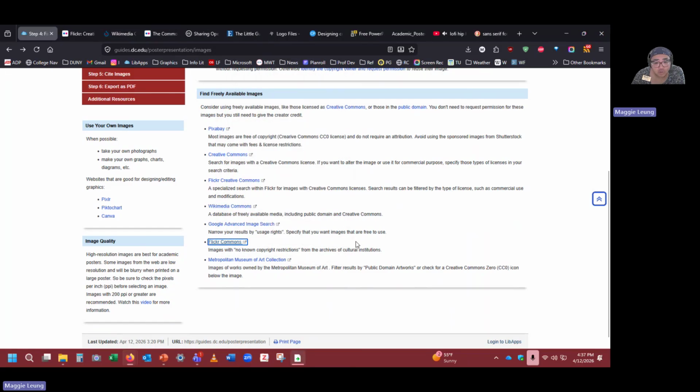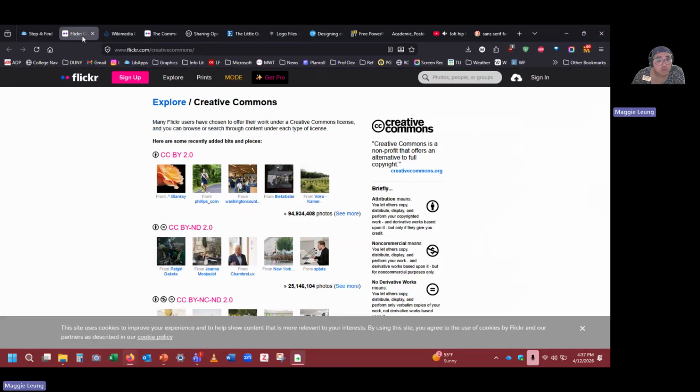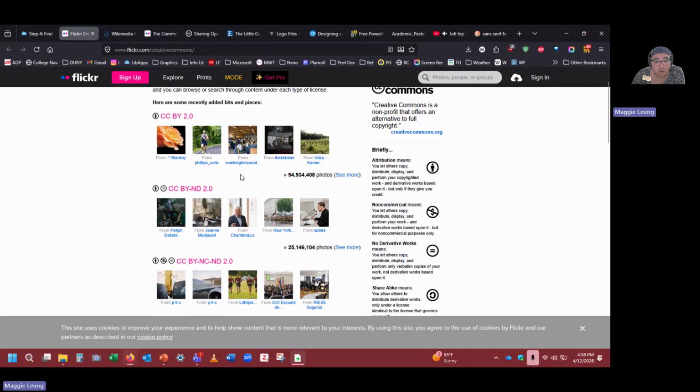So for example, you can do a search in Flickr for images that have no known copyright restrictions from the archives of cultural institutions, right? So if we go here, this is the first link. So Flickr, Explore Creative Commons. So here we have different